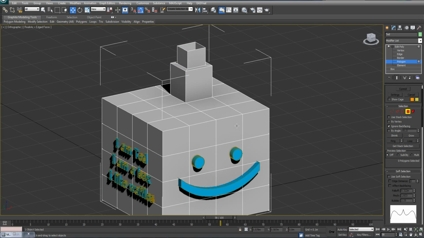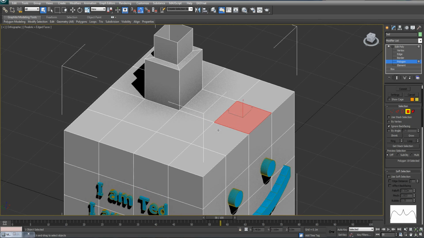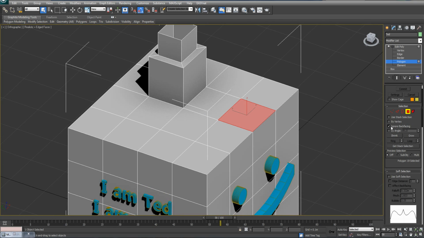Last but not least, we have the face selection. That's pretty simple, it just selects your faces, but we've got one new tool here, and we've also got one tool that's been around before, but I'll now demonstrate it. So the very first thing that we'll come to is by angle. What is by angle, you ask? Well,